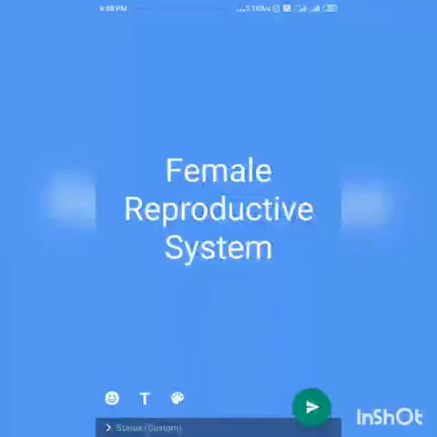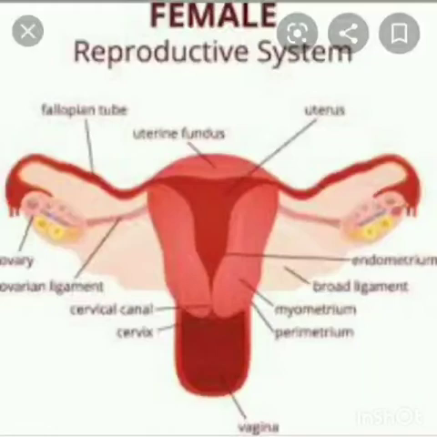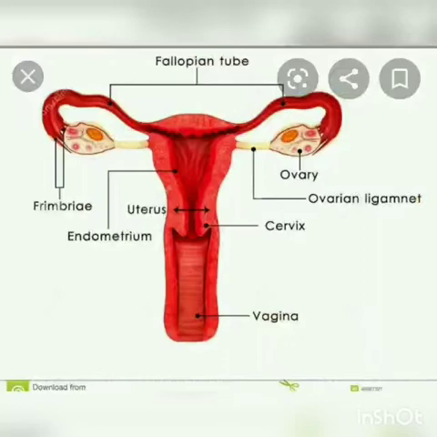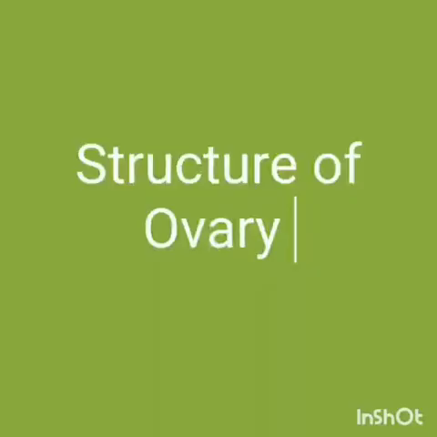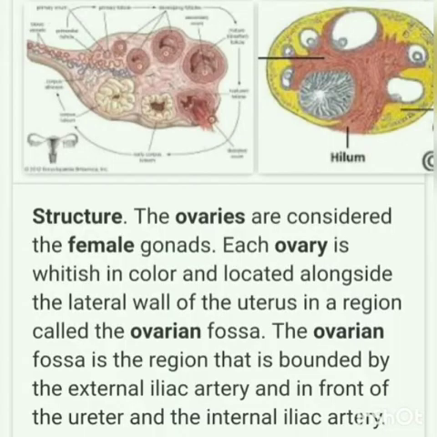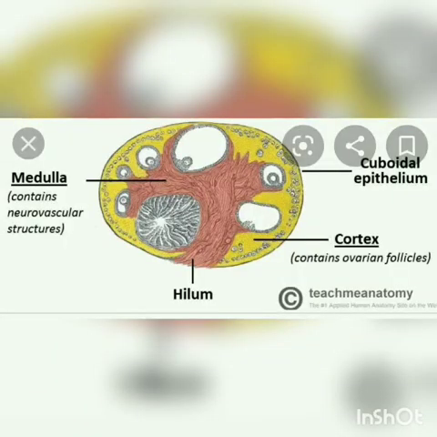Next, we look into the female reproductive system, which is far more complex than the male reproductive system. The female reproductive system consists of a pair of ovaries along with a pair of oviducts, uterus, cervix, vagina, and the external genitalia. Ovaries are the primary female organs that produce the female gamete, the ovum. The ovaries are located on each side of the lower abdomen. The ovary is elliptical in structure, about 2 to 4 cm long, and is covered by germinal epithelium which encloses